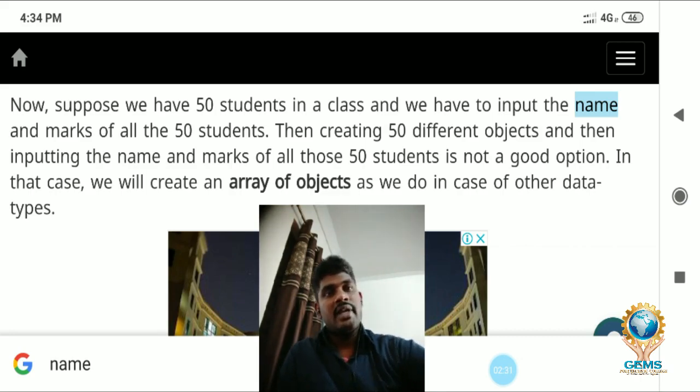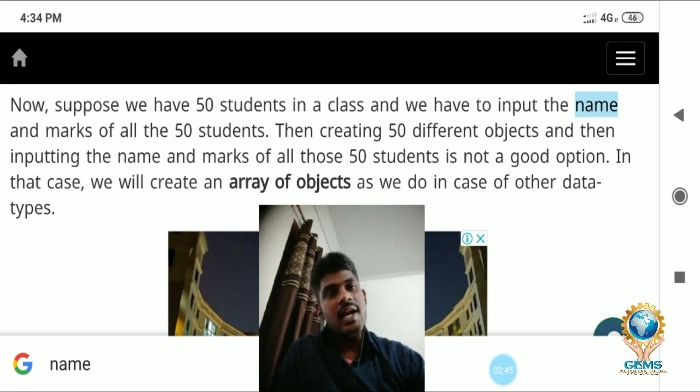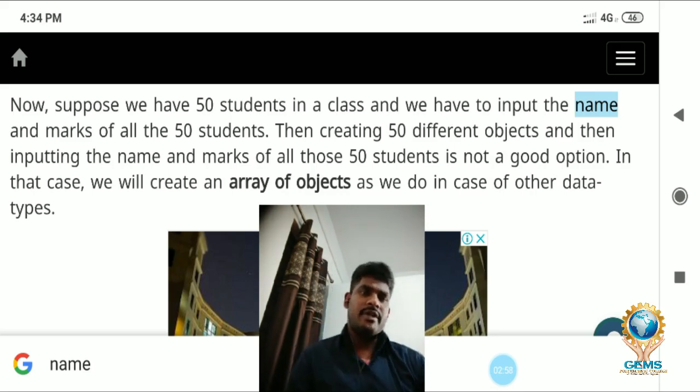Look at this simple thing, how the elements are accessed. For example, the array size is 10. If we want to insert 10 elements, we have to take the array size as 10. That means we can store elements in 10 locations. In the same way, if you declare the array size as 100, we can store 100 elements. If you declare the array size as 1000, you can store 1000 elements.